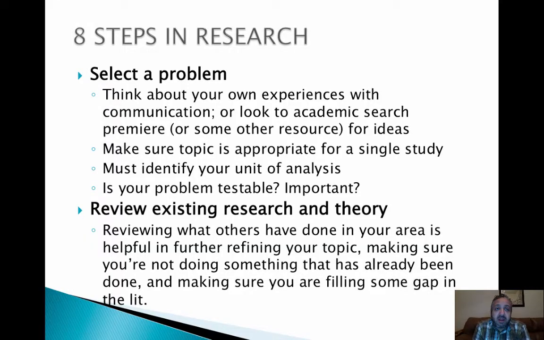But you're going to need that for your article review assignment, because for your article review assignment, remember what you're going to do there is find a scholarly peer-reviewed article. You're going to read it and then review it basically, and provide an analysis of that article. So that's the first thing you have to do: go into that database and find an article. It can be any article, as long as it's scholarly.